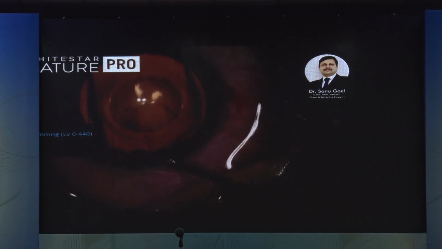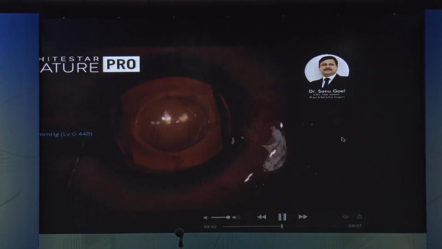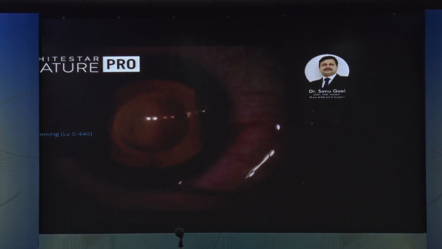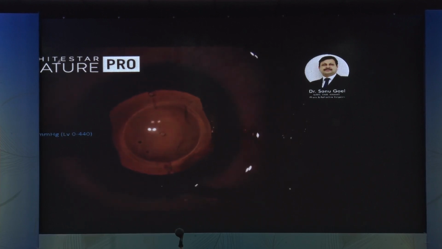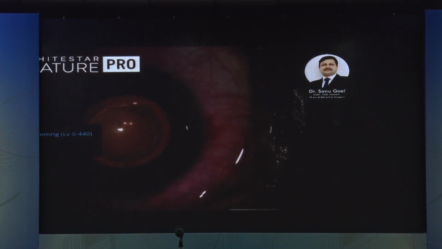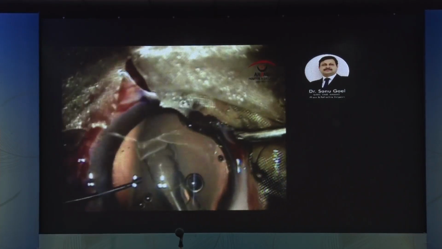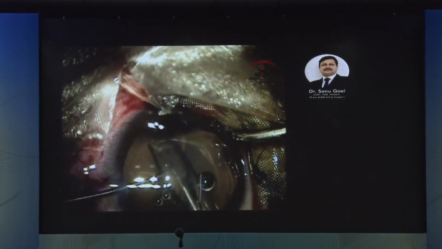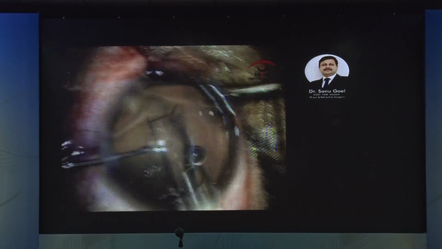So I think ICL surgery is a great boon by which we all cataract surgeons can transform into great refractive surgeons. In China now we have only ICL clinics where people just have access to a microscope and they have transformed themselves into great refractive surgeons without an Excimer or Visumax, the costly equipments.